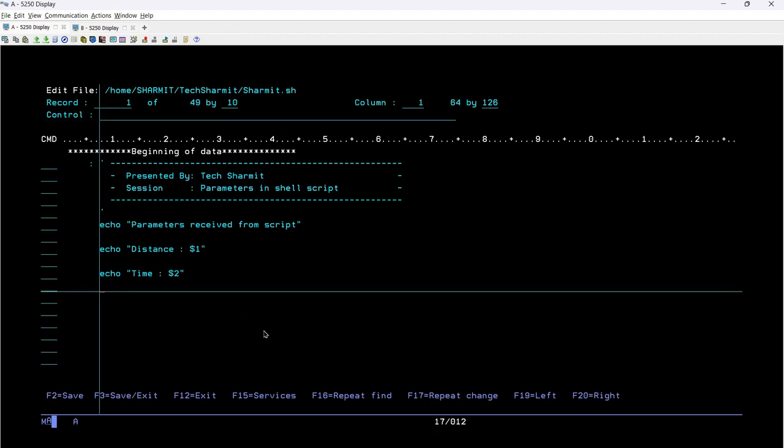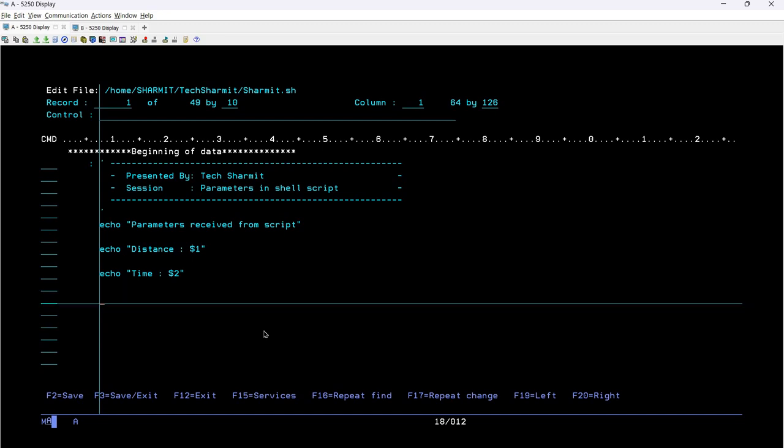Now what we will do, we have received the value and we have tested it after printing it. That means it is confirmed that yes, we have the value. Now what we will do, we will calculate the speed. So the formula of speed is speed, and make sure that you are not providing any extra space here in